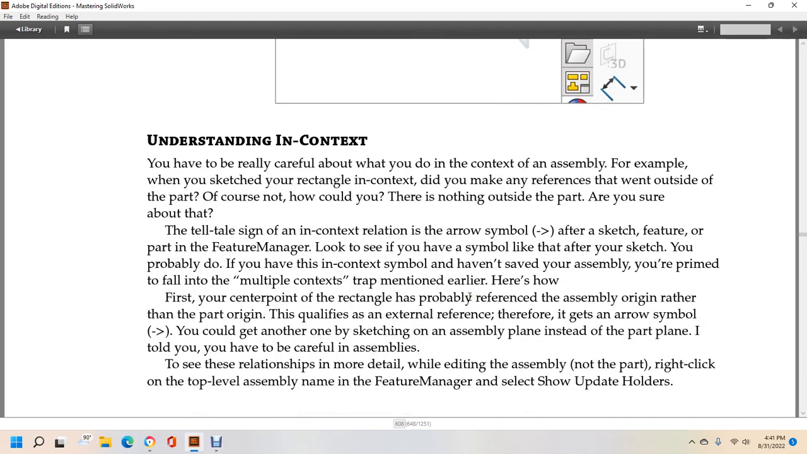Understanding it in context, you have to be really careful about what you're doing. In an assembly, for example, you sketch the rectangle in context. Did you make references to the outside of the part? Of course not. How did you do? There's nothing outside of the part that you are sure about, except the telltale sign of the context relation, the